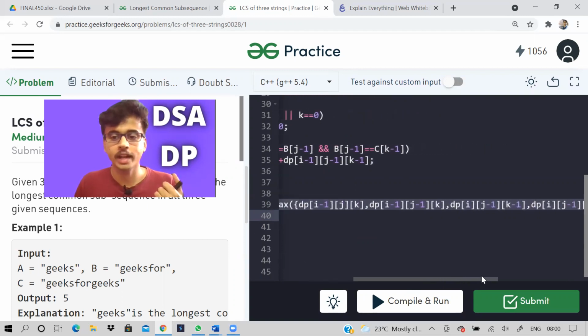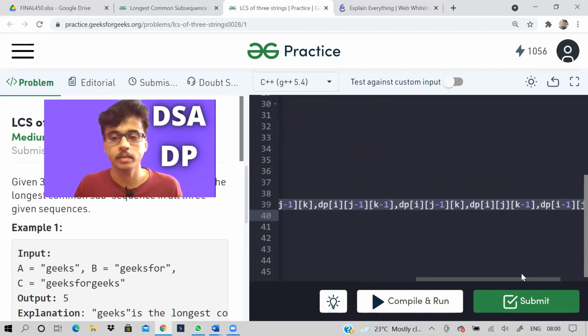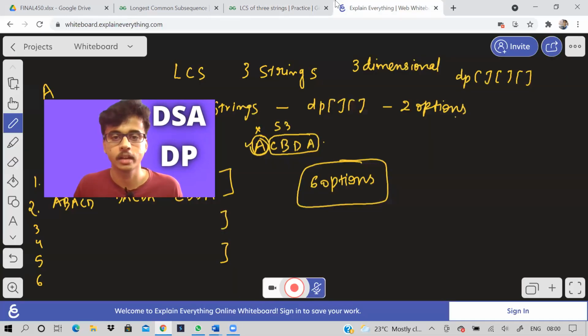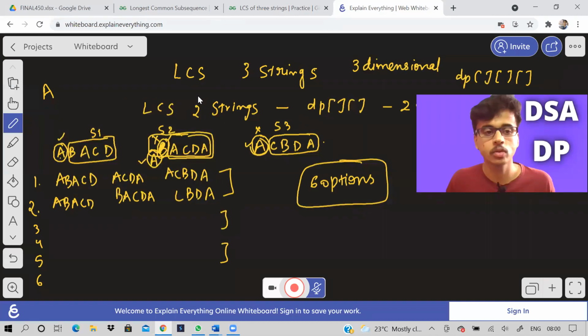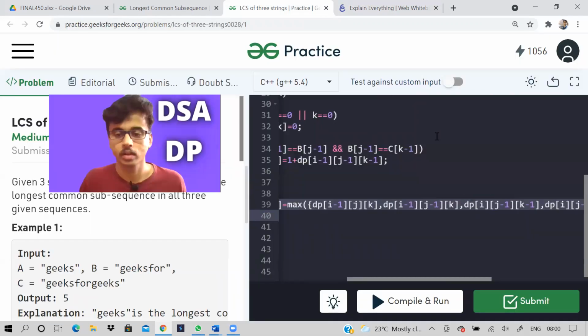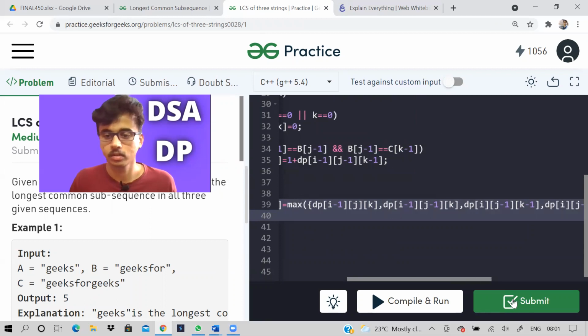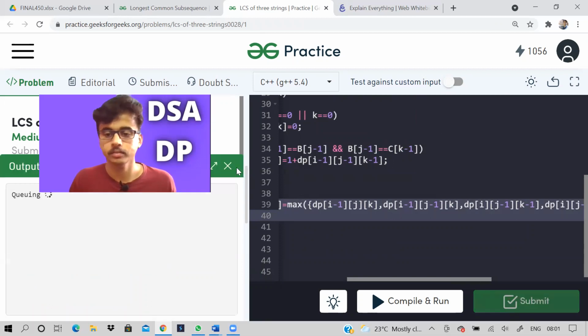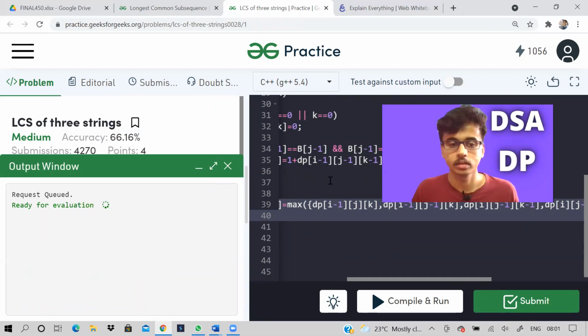So I want you to write that by yourself, try it out by yourself, but the code will be in the description. The solution will be there. You can check it out, you can refer to it, but try it out by yourself. What all options will be there? Like I was explaining, right? Either we include one character and exclude one, include one, like that. Make combinations. So 6 combinations will be there. So if you want me to run it, it is giving us the correct answer.